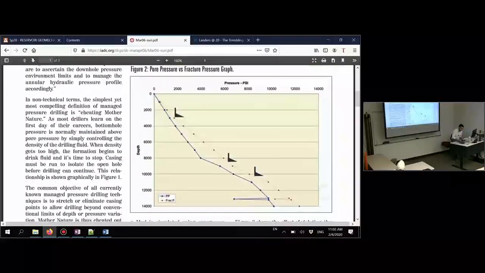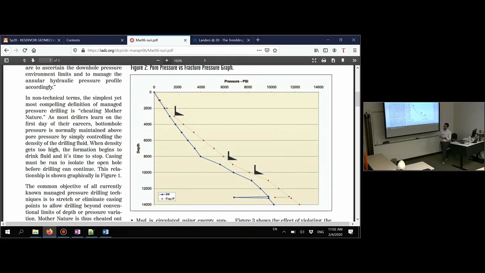Okay, so let me ask you something. Let's see if you remember something from last class. Would you say that in this particular reservoir, which is a real example, do you have overpressure at some point or not? And if yes, at what depth? At what depth does overpressure start? Around 8,000 feet, right? So you can see that around 8,000 feet, somewhere over here,